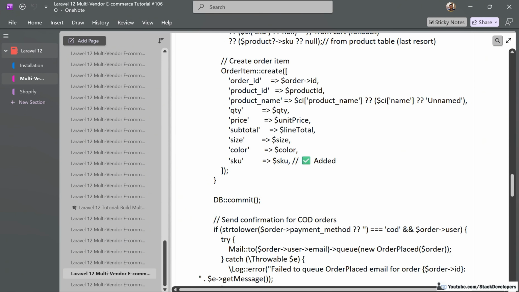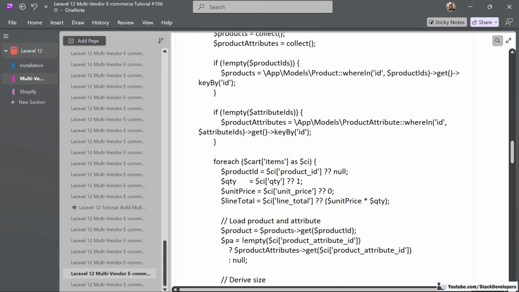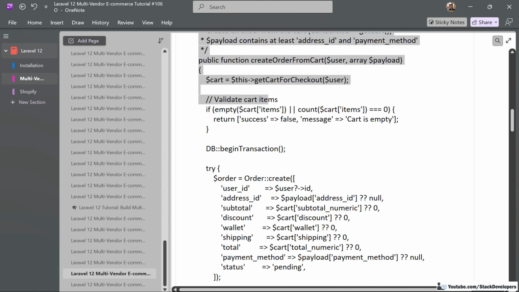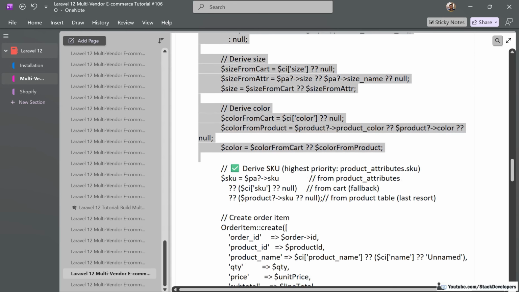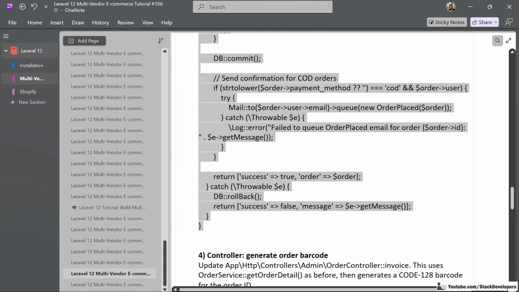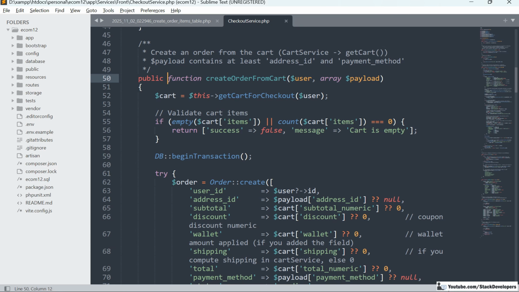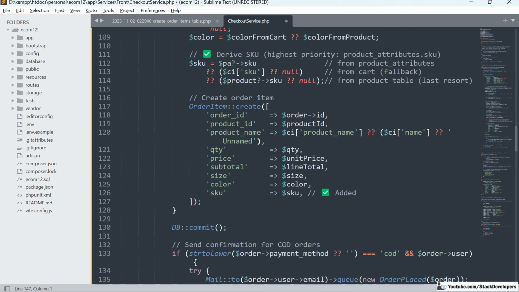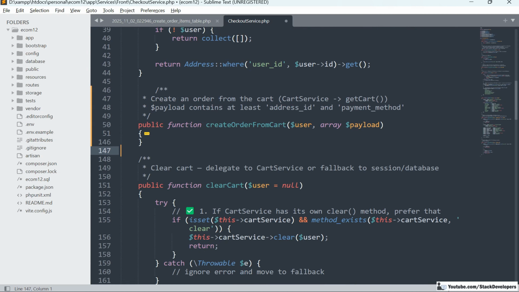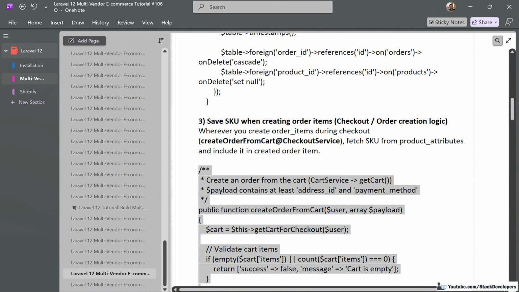So in this function, we are updating the SKU here, you can see. That's why we will modify this function. I'm going to completely modify this function. You can straight away update the SKU in this function if you want, but I'm going to modify it. So I'm going to update this function. Okay, so after updating the SKU,